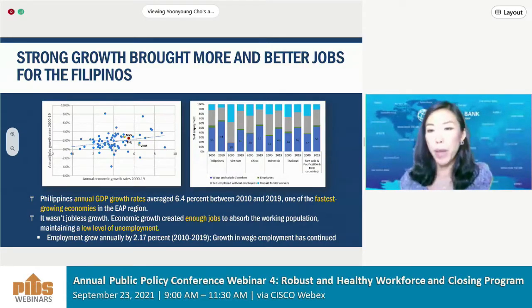We are starting with the pre-pandemic labor market conditions in the country. The country has been enjoying very strong economic growth, and the growth brought more and better jobs for the Philippines. The Philippines' annual GDP growth rate, as you are all aware, averaged 6.4% between 2010 and 2019, one of the fastest growing economies in Asia and the Pacific. Many countries experience jobless growth, so they may experience economic growth but without increases in jobs. But the Philippines was a different story. It was not jobless growth. Economic growth actually created enough jobs to absorb the working